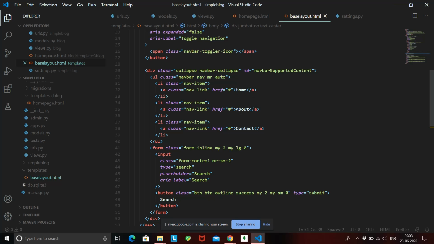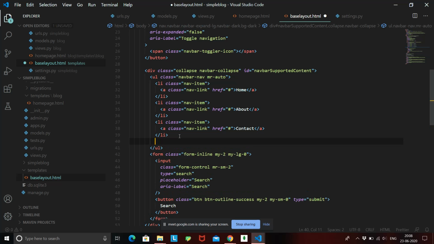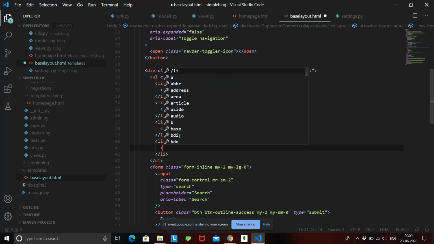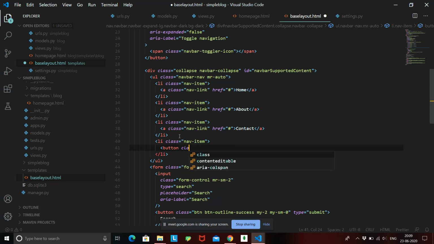Here you can see home, about, contact, and here I can create a new li. Li means the list item, that is again having a class of nav item. Then inside this li I can create a button that will have a class of button.